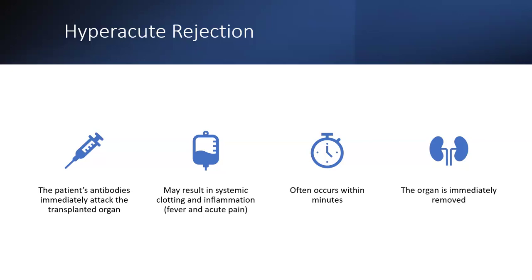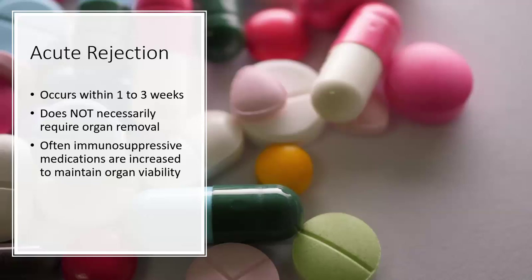Now, if this is a major organ transplant, like let's say a heart, then it is unlikely that the patient is going to live very long once we put that old organ back in, okay? Because there's a lot to these procedures. But hyperacute rejection happens in minutes. And the way we know that's happening is through severe pain, through clotting, through inflammation, and their temperature goes up immediately. And that happens within minutes.